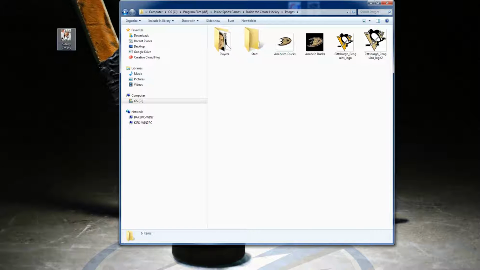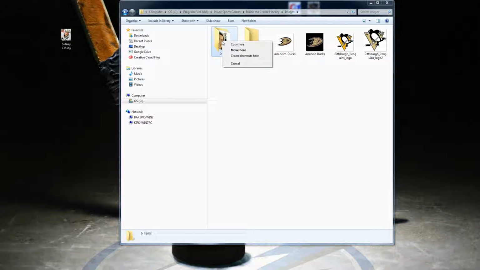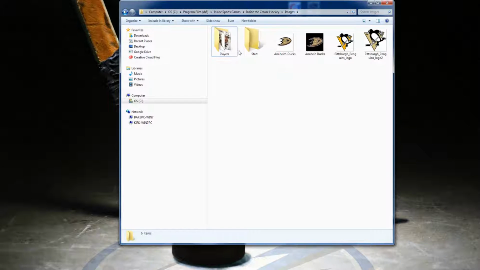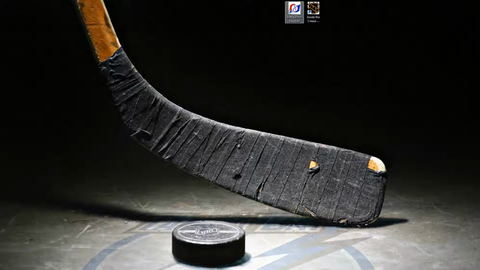And what you're going to do is just take it, right click on it, drag it over, and if you let go of your mouse button as you get the picture over, it'll ask what do you want to do here. And in this case, I want to move it here. And you can see it gives me a little semblance there. Boom, boom, boom, right? And now if we load up the game,